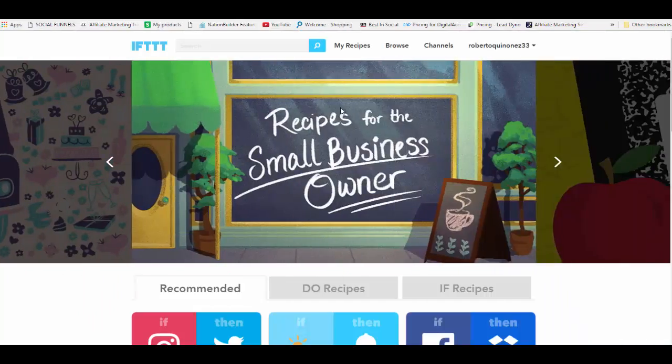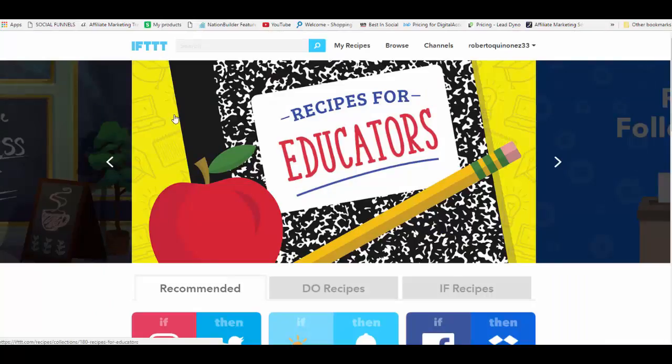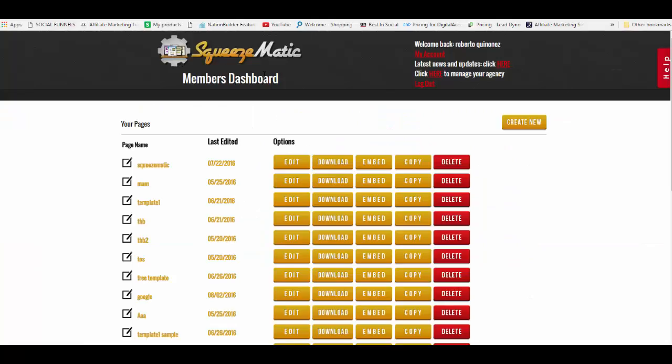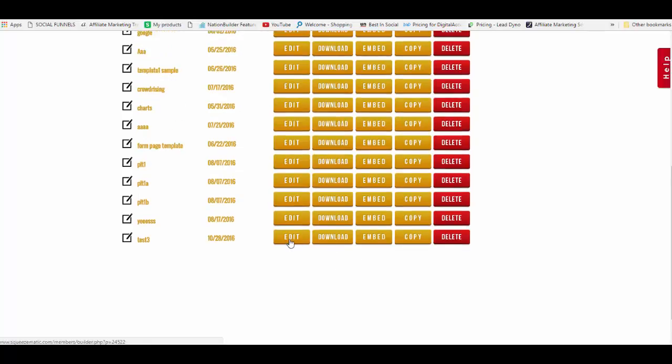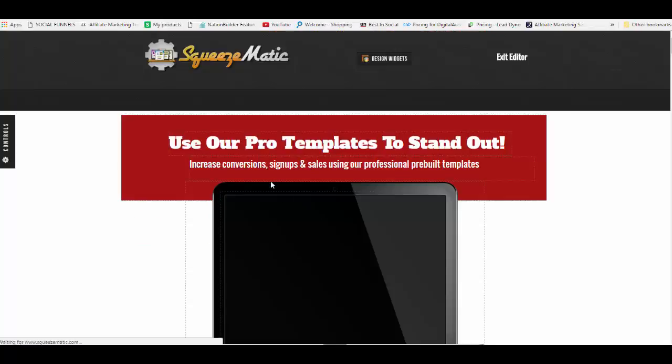So you have automated traffic through IFT and Referral Frenzy, and then you can build your squeeze pages. And here is a great software, a great platform to build your squeeze pages. It's easy, simple drag and drop. There's nothing technical, nothing hard about this. You just have to create a page, go to it,